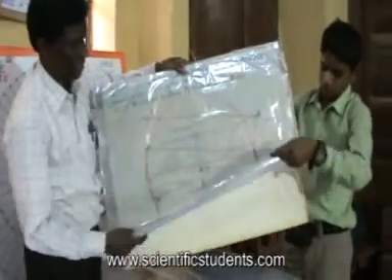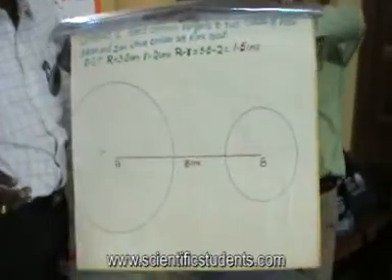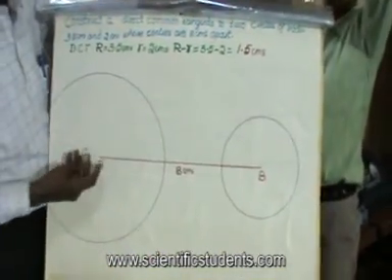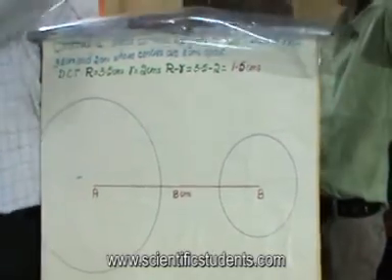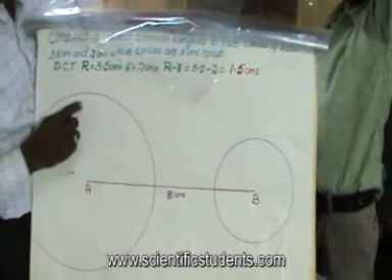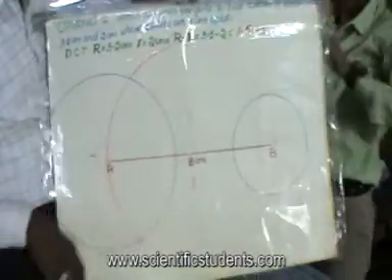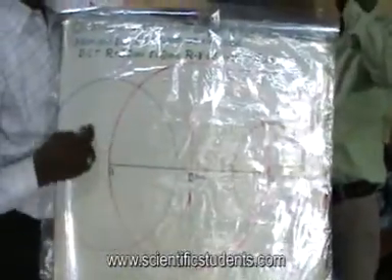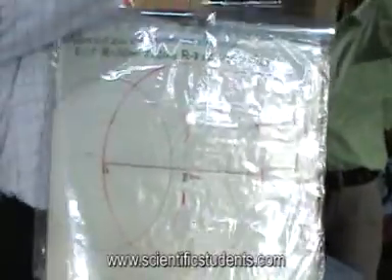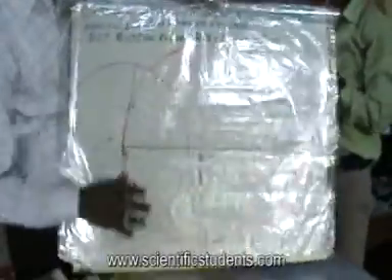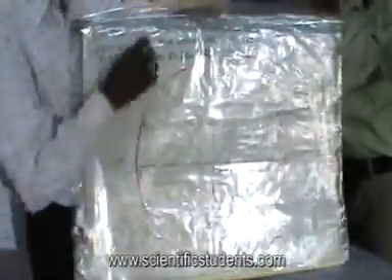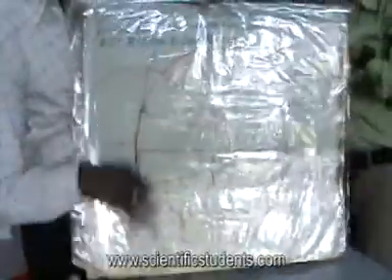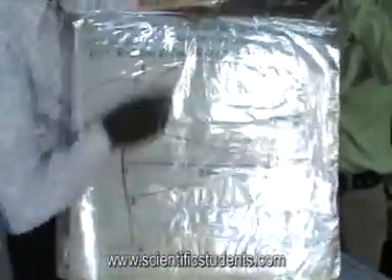Okay. Another chart shows the construction of direct common tangents. For this, each step has been given like this: the distance between this one, capital R, this one, small r, and bisecting the line, drawing the circle, then joining, then again R minus r, this circle is R minus r, by joining this one and reducing up to capital R, joining these lines,